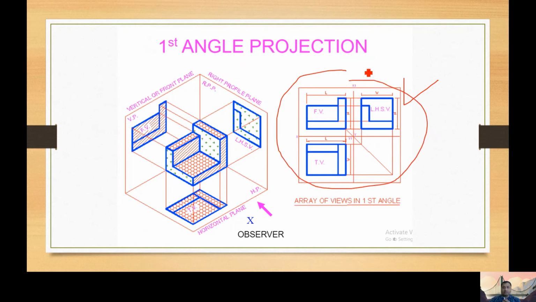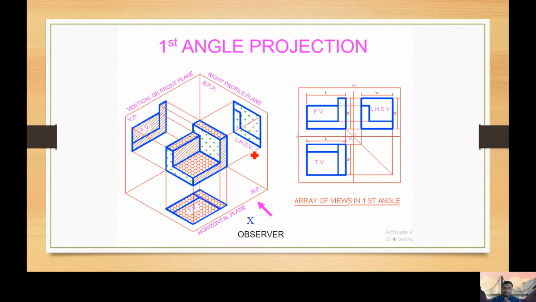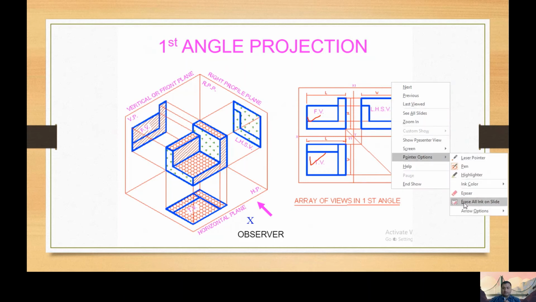Read this orthographic, and he, by reading only the views, will know that your object is lying in the first angle, because the front view is above, the top view is below, and the left side view is on the right of the front view. So this is located in the first angle, right?